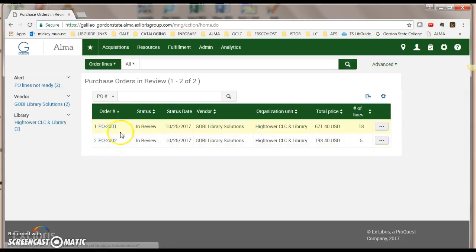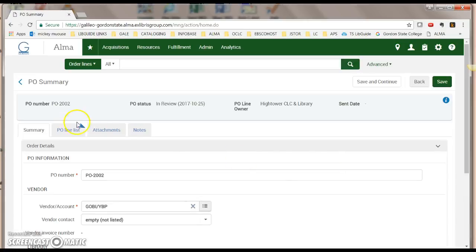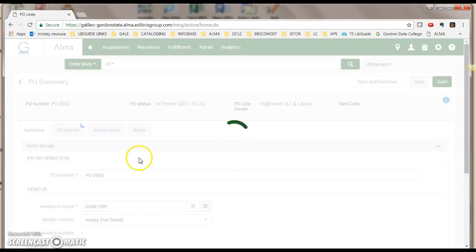So I've got two purchase orders here, and what I wanted to do was to actually get these 5 on a purchase order that I had just created, and instead it created 2 different purchase orders. So what I want to do is remove these 5 items from purchase order 2002 and then just start over again. So we're going to click the ellipsis, click edit, and then go to PO line list,